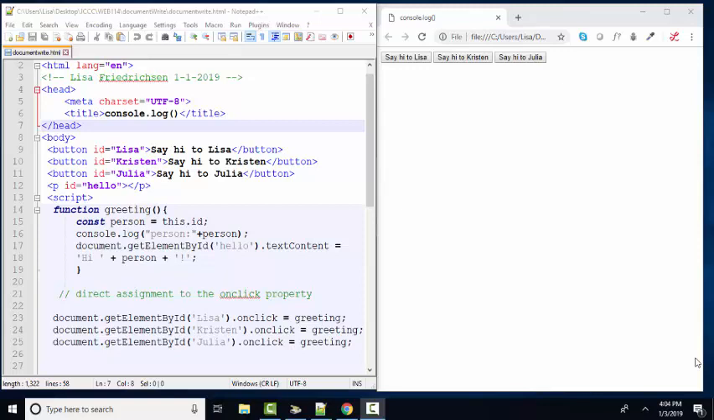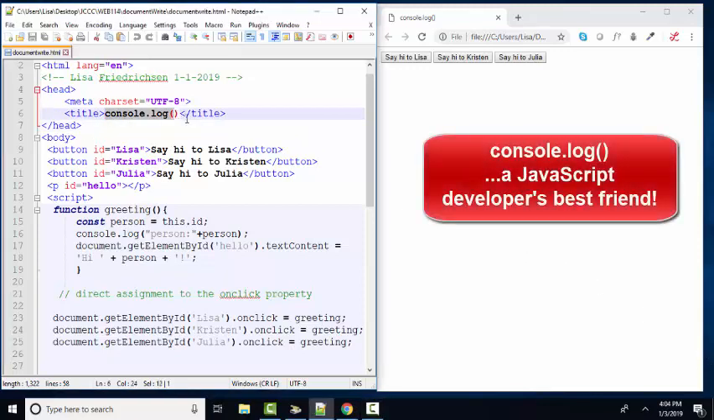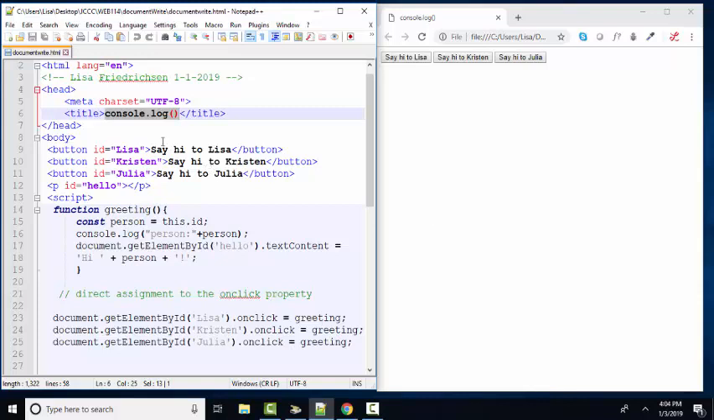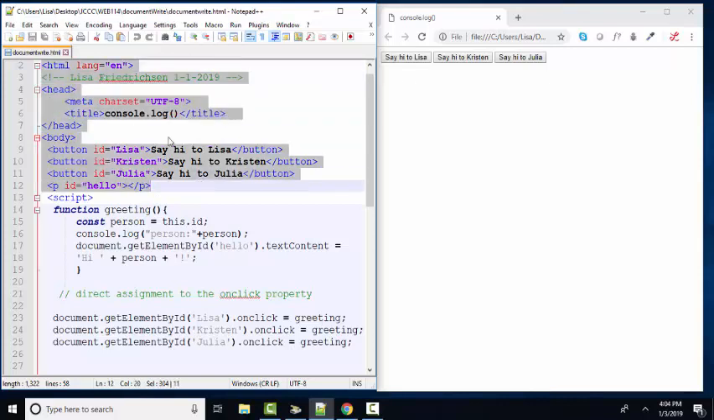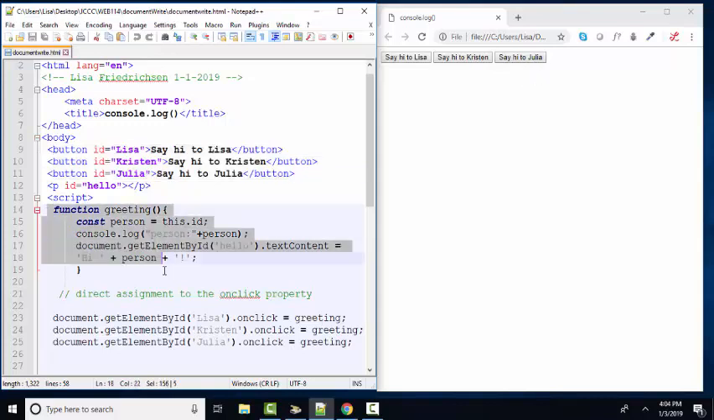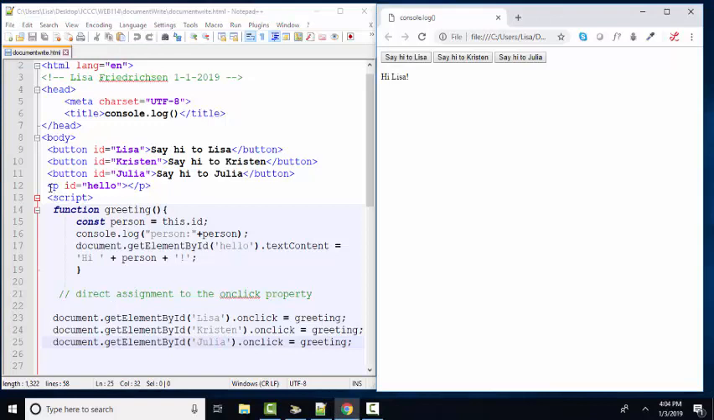And in this short screencast, we're going to talk about console.log as a JavaScript statement and why it's so essential for your development productivity. So here I have a small web page that's created these three buttons: say hi to Lisa, say hi to Kristen, say hi to Julia. And I also have a JavaScript function that I have assigned to the on-click property of each of these three buttons, so that this paragraph here that's ID'd hello says hi Lisa or hi Kristen or hi Julia when I